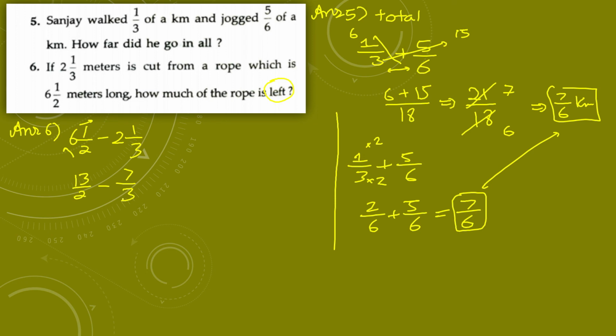Okay friends, so now we're going to subtract them. In this video, here I'm going to do the ECD method. 13 into 3 is 39 and 2 into 7 is 14. And now we're going to subtract these values. And down we have 2 into 3, that is 6. 39 minus 14. 9 minus 4, 5, 3 minus 1, 2 upon 6. 25 upon 6 meters would be the answer of the rope. Okay my friends. And if you want to convert into mixed fraction, I get 4 1/6 meter.